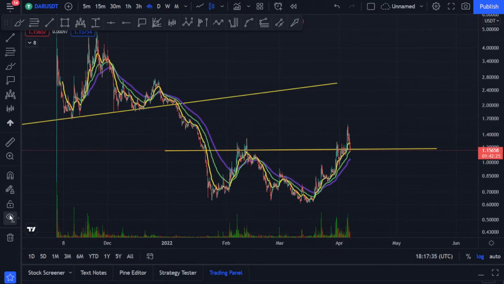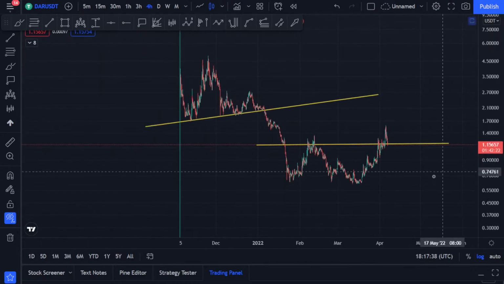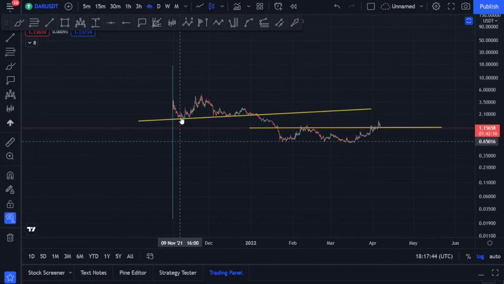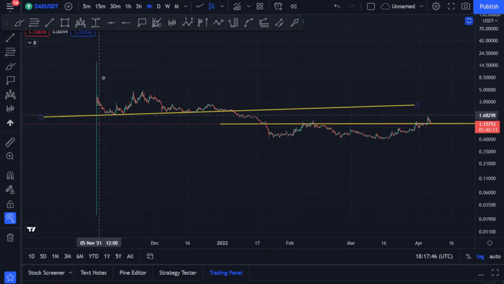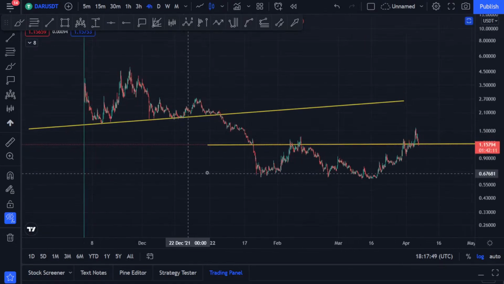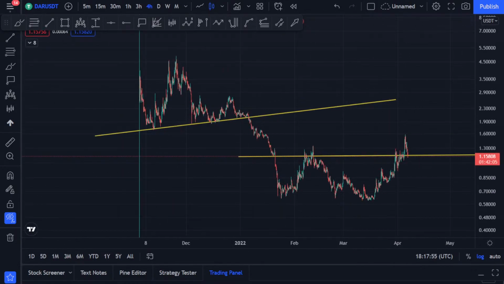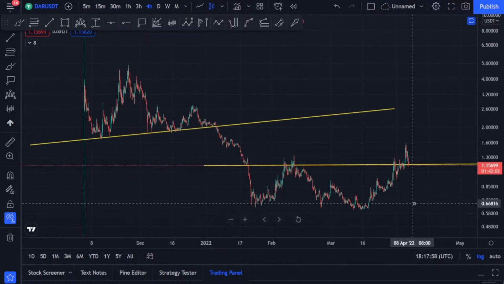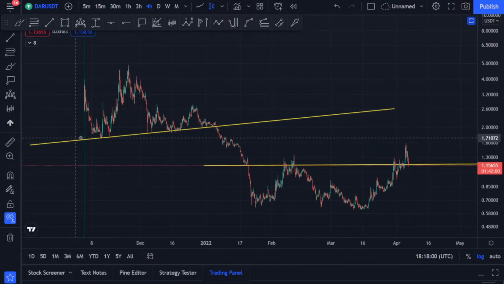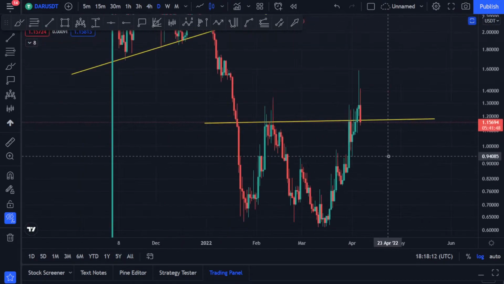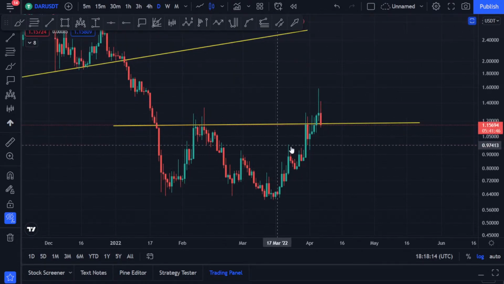Excuse me. Let's see. Okay, so with DAR, whenever I look at this candle, it really blows my mind. This big green candle, the pump that happened with this green candle. I wish I knew about it back then. I got to know about DAR from my YouTube audience. So yeah, with DAR, you can see it made this bearish head and shoulders pattern, had this support line, broke it towards the downside, and then if we go to the daily time frame and look over here, we made a beautiful